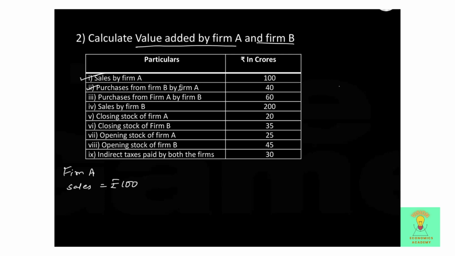Purchase by firm A from firm B. So this is intermediate consumption, that is purchases by firm A from firm B, which is rupees 40 crores. Then what we need is